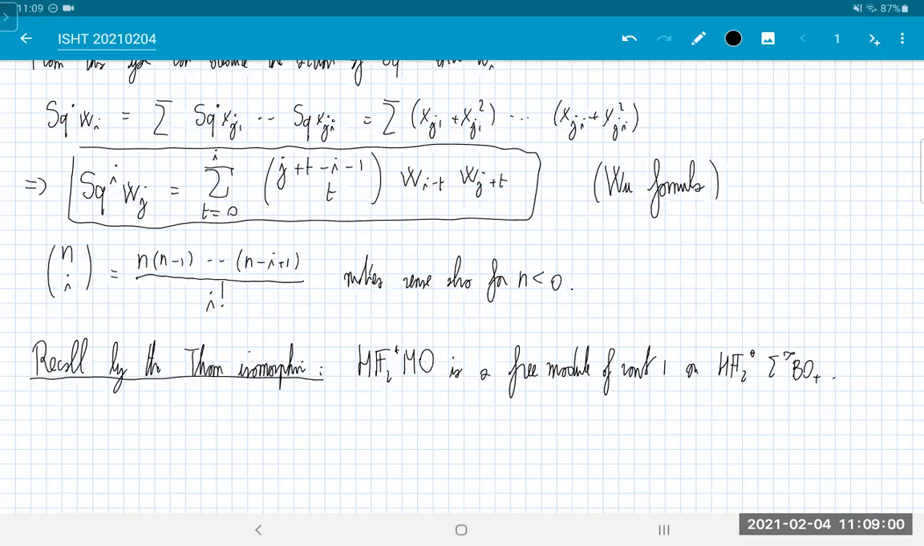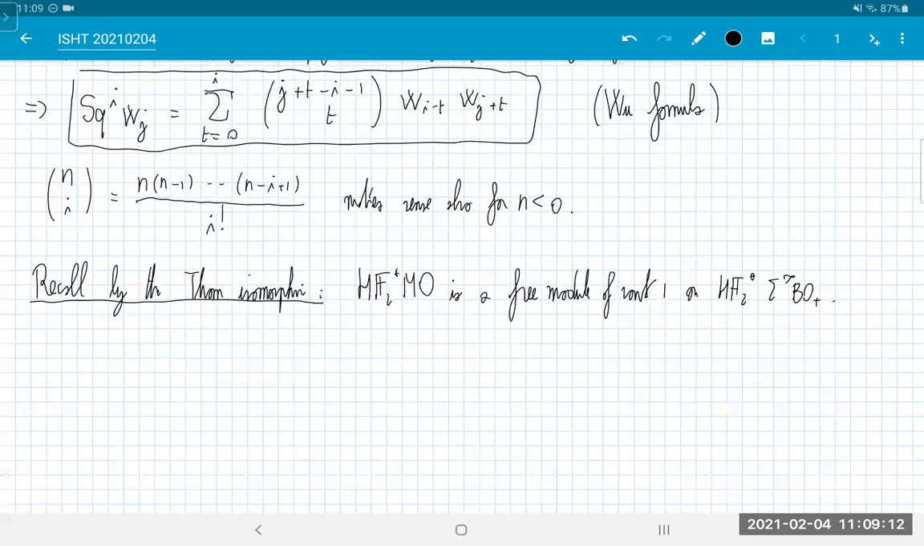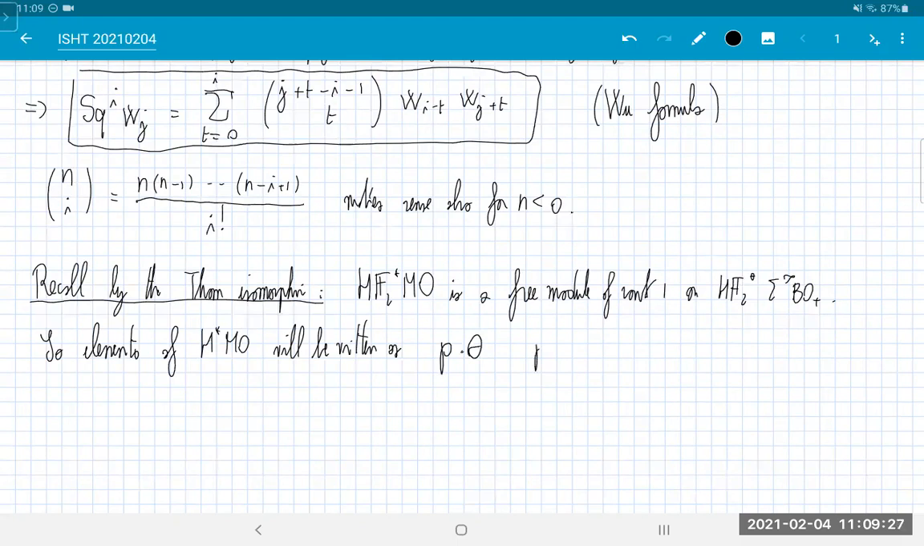So I actually stated it saying that there is an isomorphism of modules. But since we are going to have to be a bit careful with what we're dealing with, elements of H star MO will be written as P times theta, where P is an infinite polynomial in this guise, and theta in HF2 0 MO is the Thom class. Sometimes people just omit the theta, but I think this gets a lot confusing, because then the action of the Steenrod algebra is different. Because